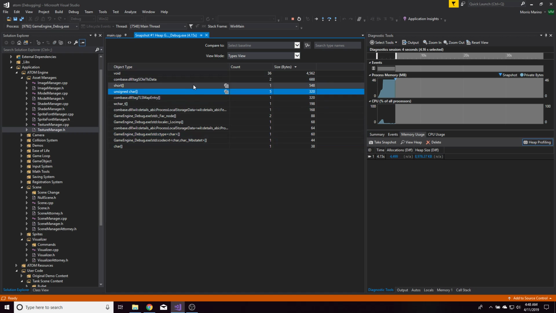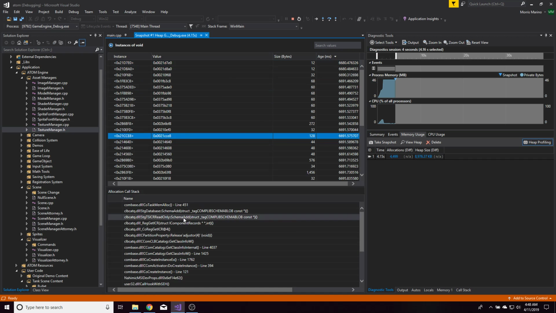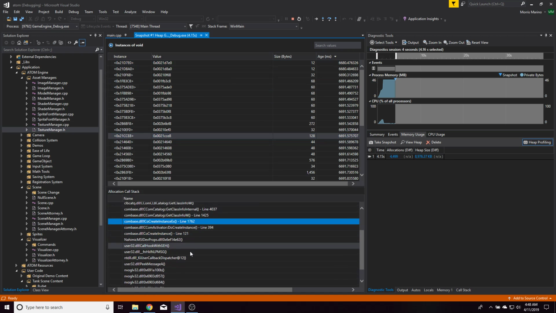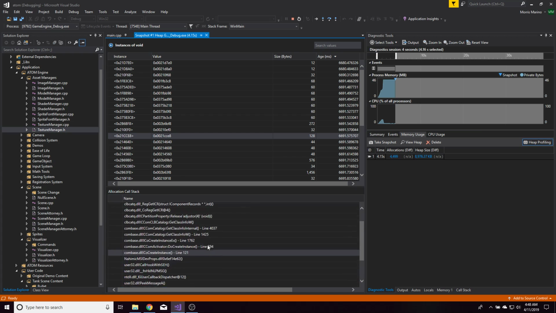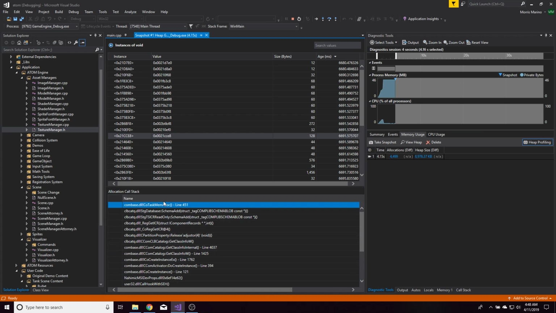It seems to be something I don't have direct access to the code for, because I can't even click on these and find out where it is. And I don't recognize any of these functions or names. I probably should just look up Combase. Anyway,